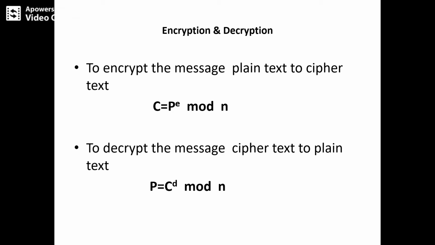So here we need to get back to our plain text, of an individual alphabet, any character, any special character, or any numerical values. So ciphertext to the power of what we have seen in the previous slide, that is the d value, mod n, and we will get back the plain text. So this is the conversion to decrypt the message, ciphertext to plain text.